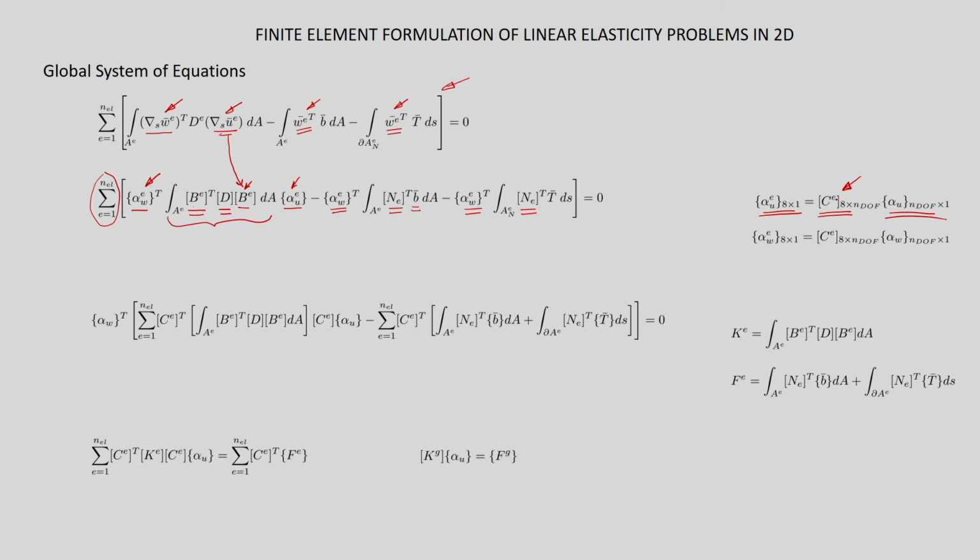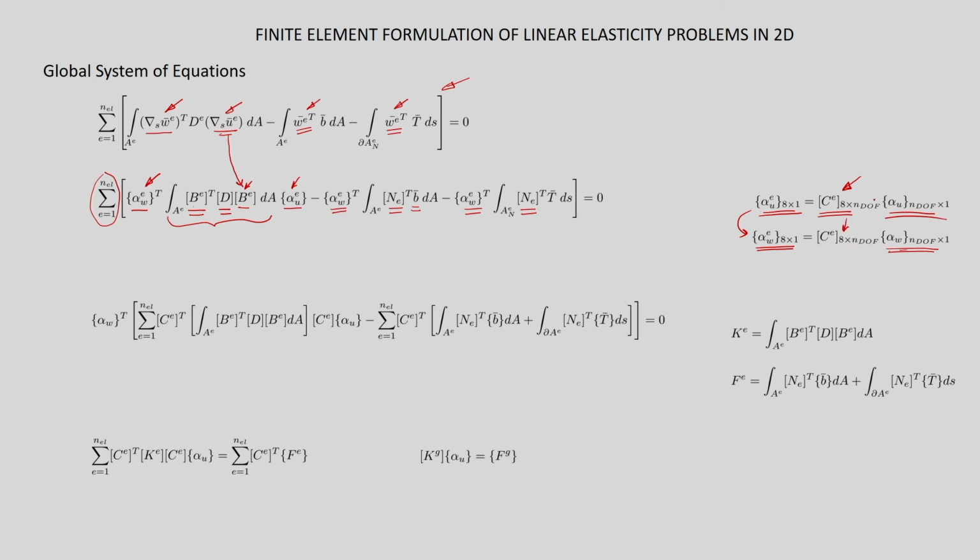Most of them will be 0, only certain elements will be 1, because in a given element certain alpha will be same as the global alpha. So, it will contain only ones and zeros. Now, if we use the same numbering scheme for w as well, then we can write the local alpha w with the global alpha w, using the same matrix C E.